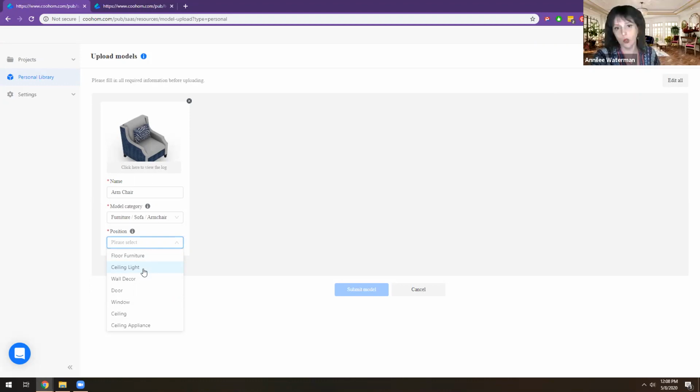You don't have to make a hole in the wall or anything like that. It will act just like another door or window. So I just wanted to make sure I pointed that out. But this is the floor furniture, and then you just submit